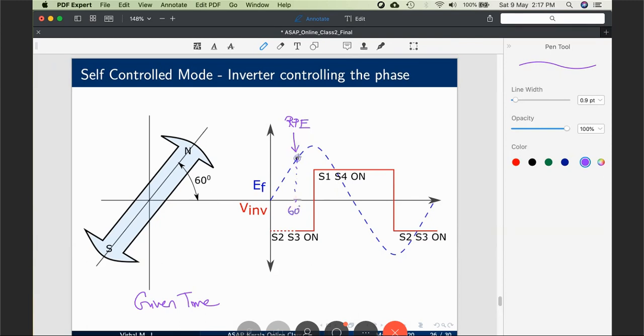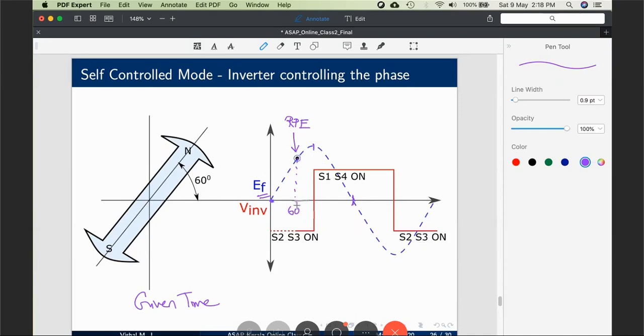Now if I know 60 degree, what all things can I say? 60 degree backwards, I had my EF positive zero crossing. 30 degree from now, I will have my positive peak of EF. 120 degree from now, I will have my zero of EF, which means if you know where the rotor poles are currently, you can reconstruct the EF wave. The dashed blue lines, what you see, is the EF wave. So just by having one point in the locus, you can reconstruct your excitation voltage waveform.